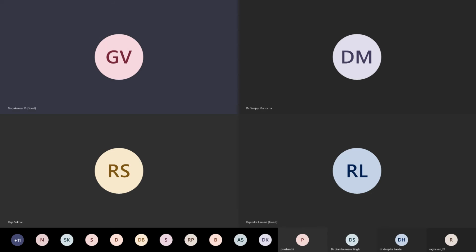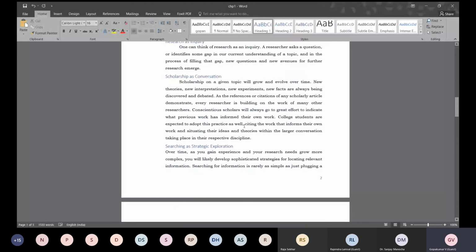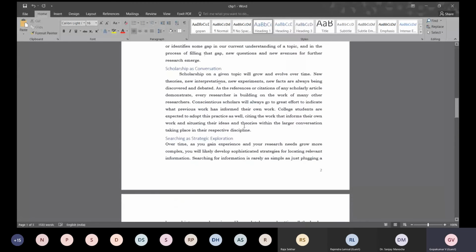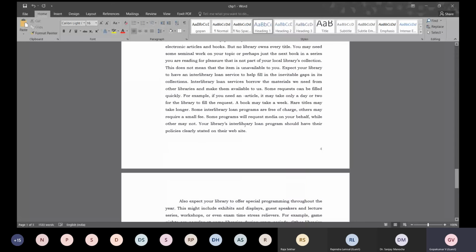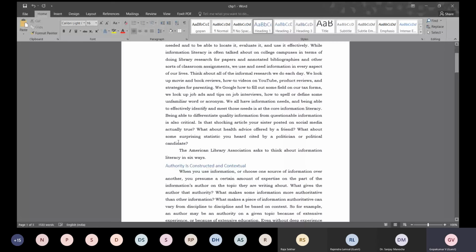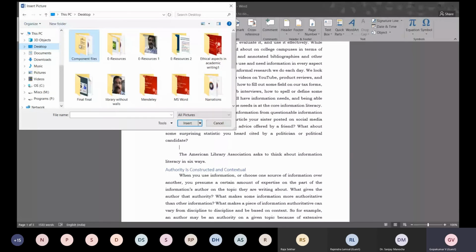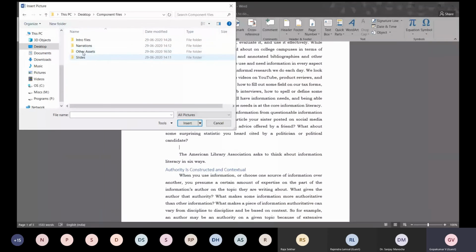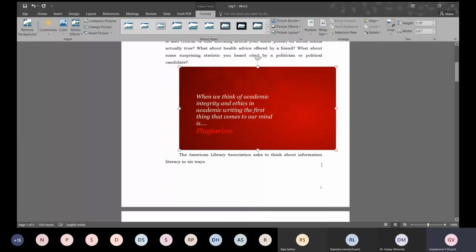So in this window, in this MS Word file, I am going to insert some pictures. Some pictures I will insert, and then we will make a list of those figures. So how to make it, I will do it. So, first in this page, I am going to insert a picture. Insert pictures. I will go to desktop. I will say from components files, I will take one slide. Yes, insert. So here I have inserted the file.